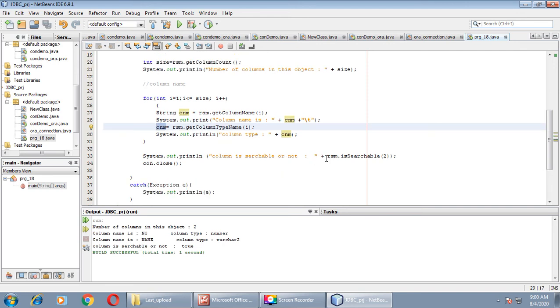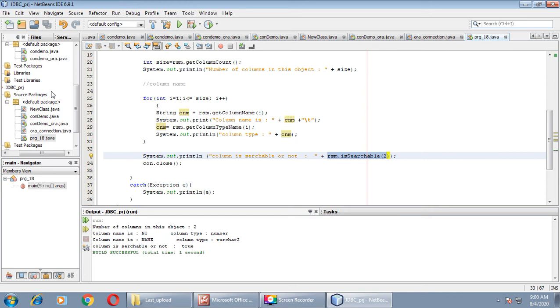Then one more method is used over here: rsm.isSearchable with one parameter. Whether the column is searchable or not, this method always returns a boolean value, either true or false. If the column is searchable, this will return true.